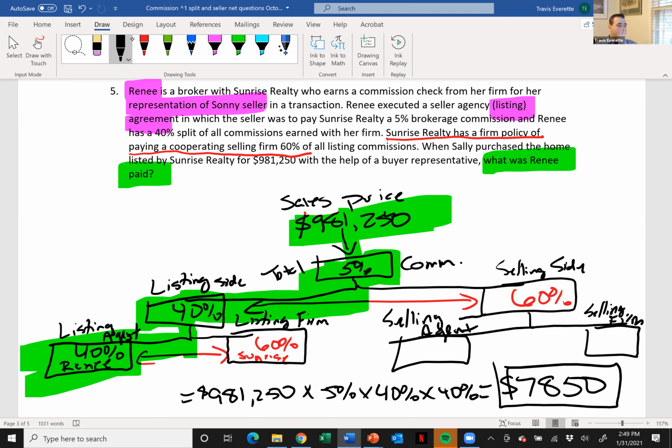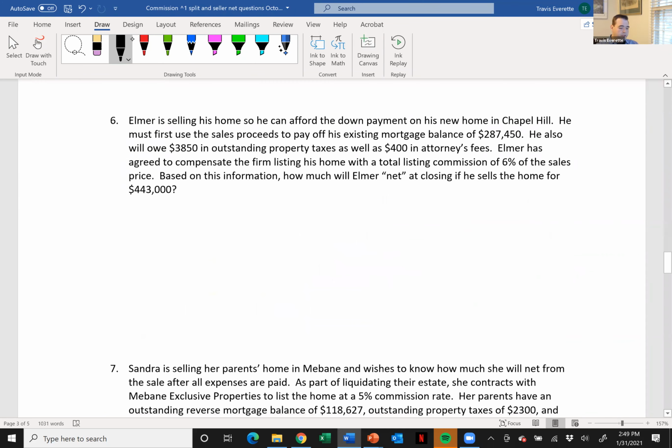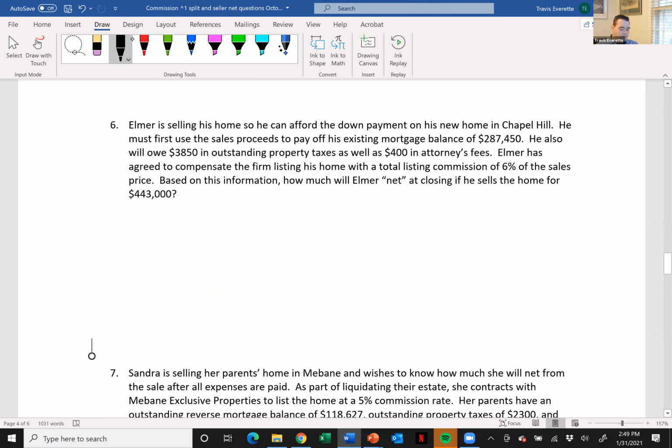Once you've filled it in, following it's easy. I hope you're starting to see that. Okay, so let's take a look at the next one and see what we can do with it, if anything,